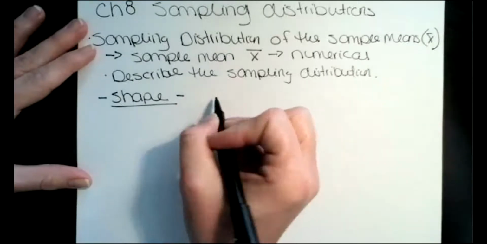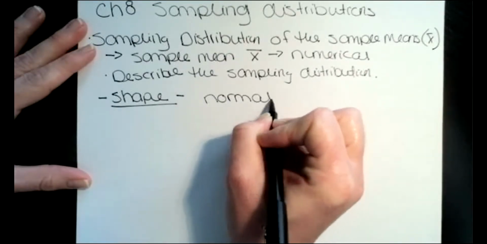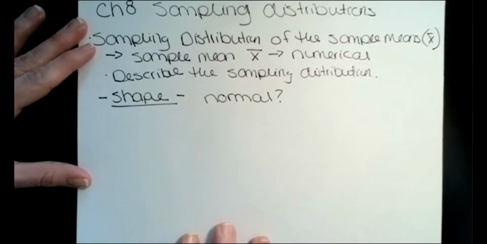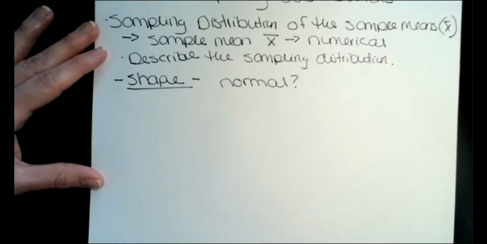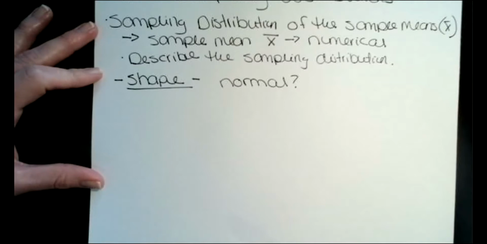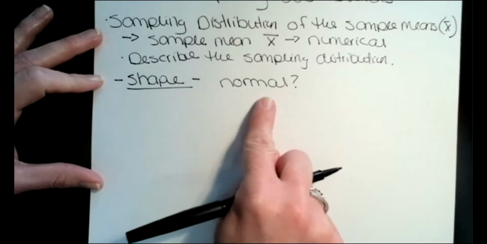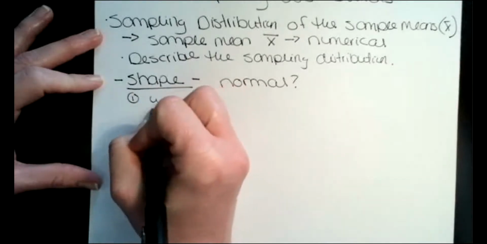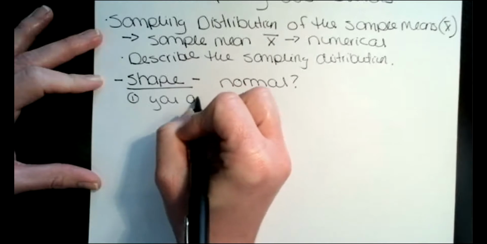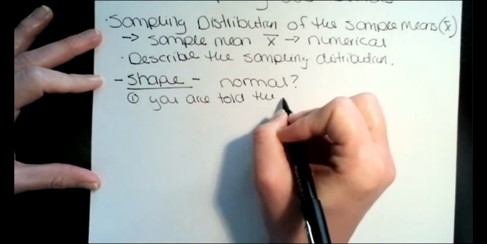So for the shape, we want to be able to say, is it normal or not, right? So that's what we're asking ourselves. Is it normal? Is it symmetric? Is it bell-shaped? That's what we're looking at. So we have 3 different ways in this chapter of being able to tell if a distribution is normally distributed, so if it's bell-shaped or symmetric. The first way is that you are told that the population